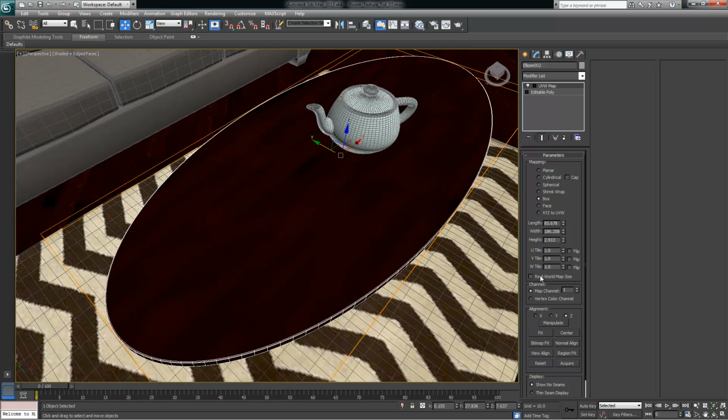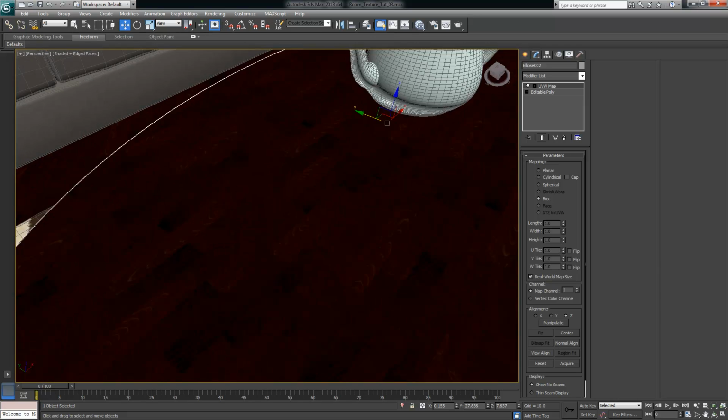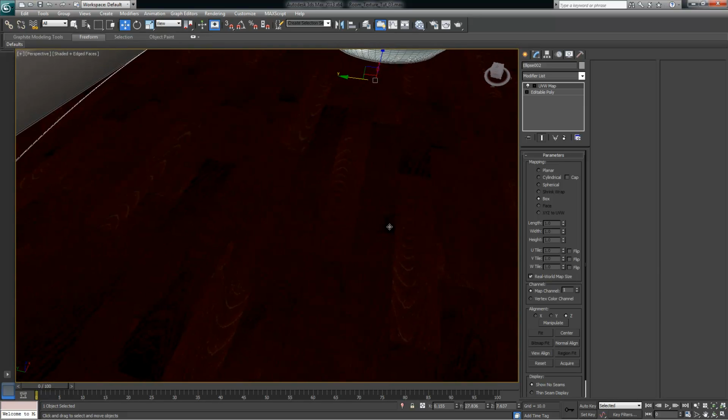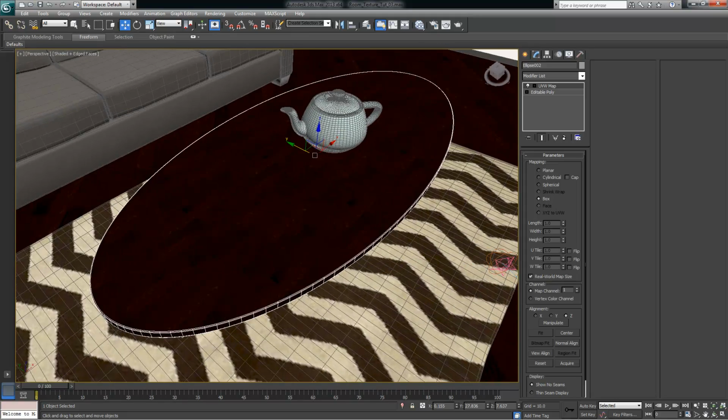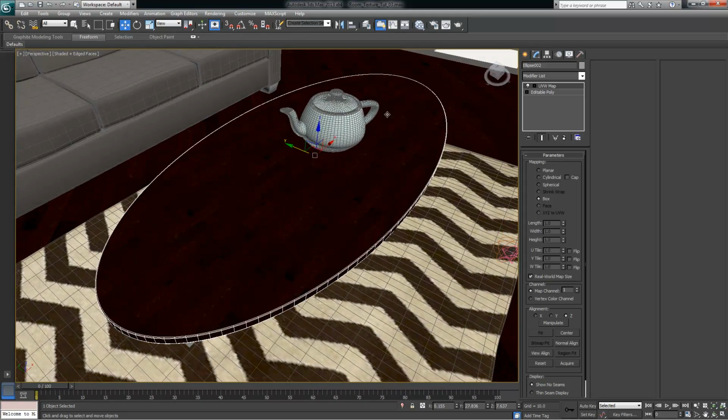So I'm going to say real world coordinates, and you can see here that this thing kind of looks like a butcher block on top of the table, and that is not the look that I'm trying to go for. I actually want this to just look like one piece of like mahogany texture. And so because of that, I'm actually going to turn off the real world coordinates,